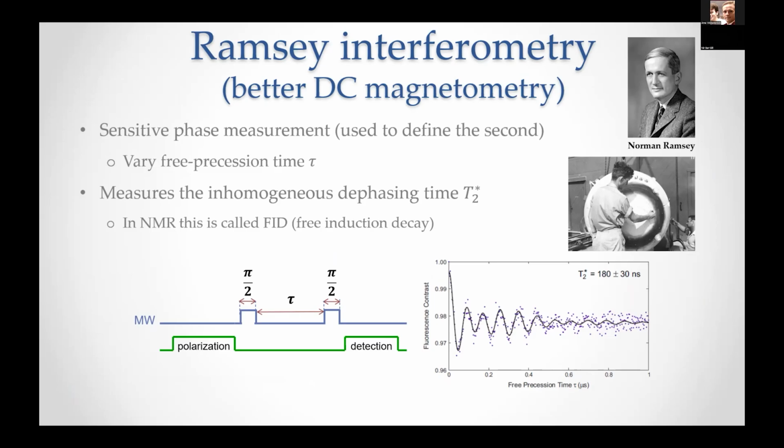By the way, if I initialize my spin and then watch it decay, I'd expect to see a decay curve. Why do I see oscillations that have a decaying envelope? This is an actual measurement. Probably some of you have done this as well. But why do we see oscillations? Because